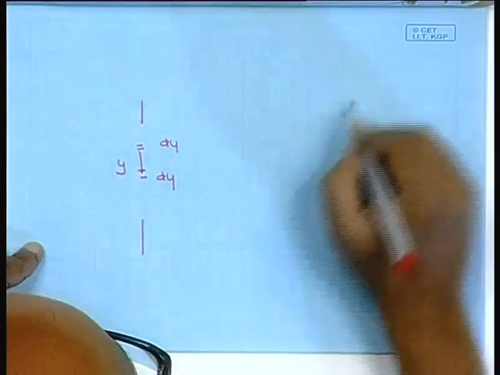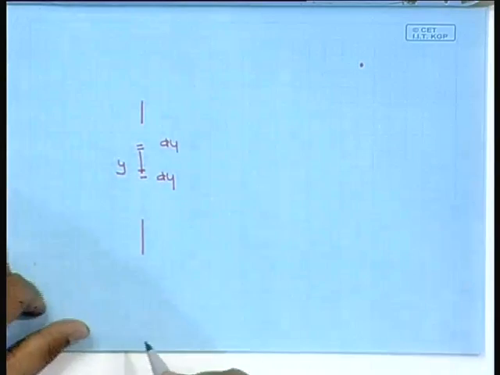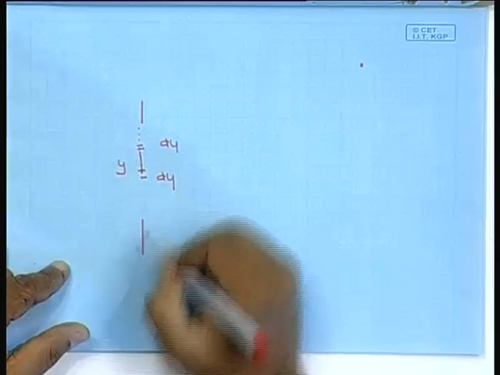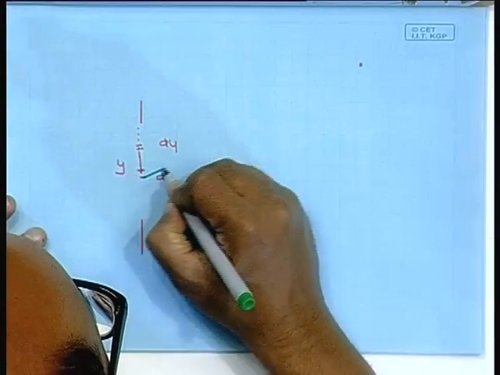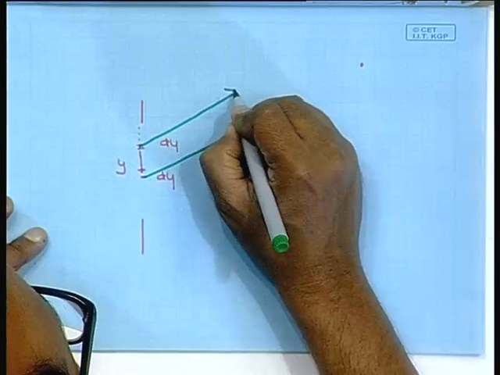When I wish to calculate the intensity over here, I have to add up the contributions from all of these points. So, this is going to contribute and this too is going to contribute,